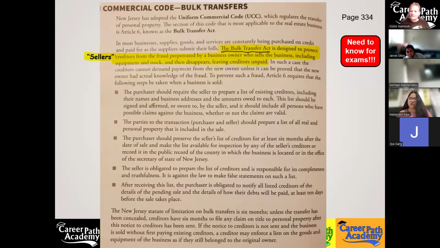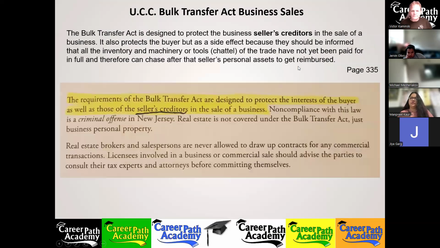So the way to prevent that from happening is when selling a business, you have to have the owners make a list of all outstanding debts to creditors and a list of any stock or inventory that's not been paid for in full. And then we need to notify those creditors that the business is for sale and also provide that list to any potential buyers. I usually leave that up to the attorneys to do, but I make sure that it gets done.